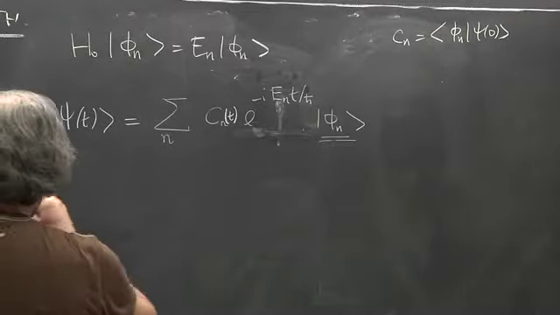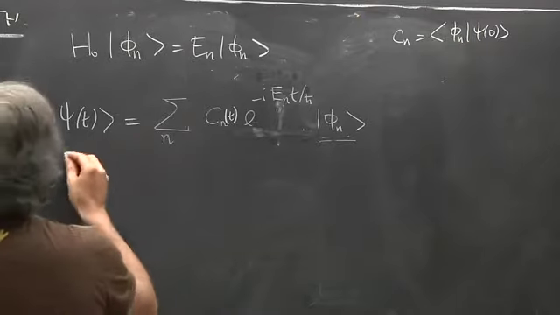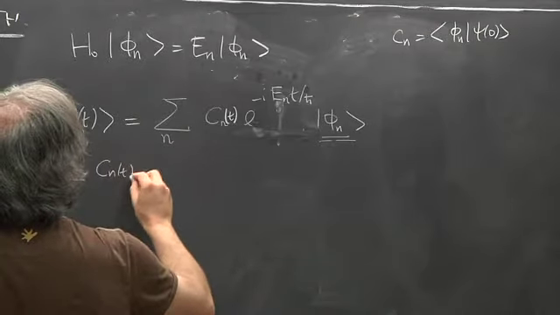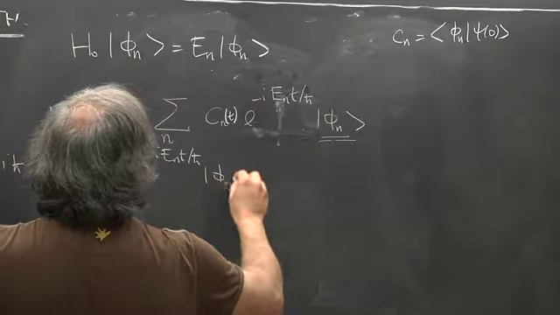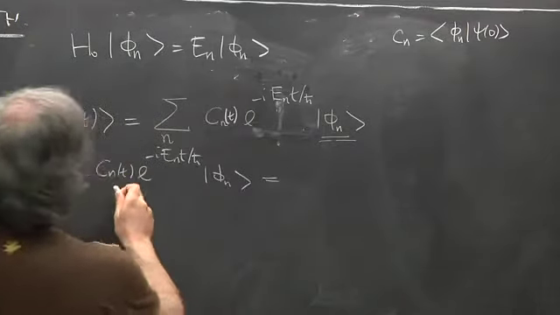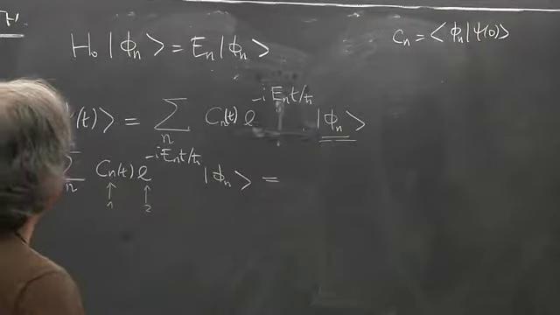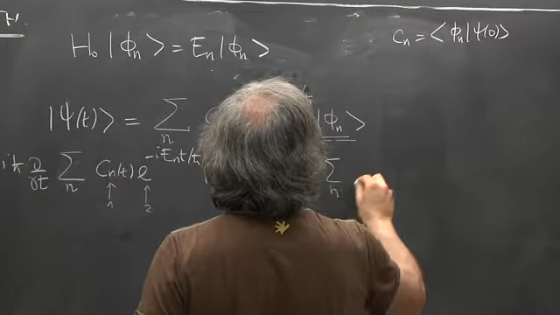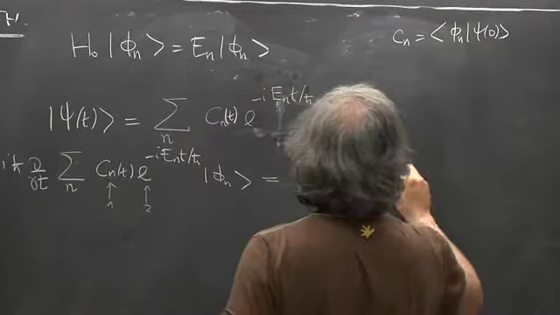So let's see. I h bar, the derivative with respect to time of the sum over n of Cn(t) e to the minus i En t over h bar phi n. This is fixed in time. How much is this? Well, the derivative acts in two places, 1 and 2. Let me first write it in 1, and I have i h bar sum over n, the derivative of Cn, times the same phase,